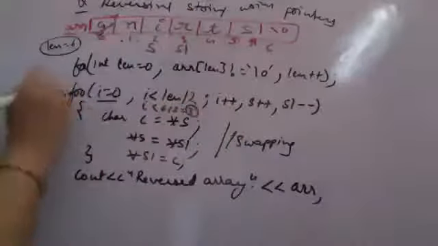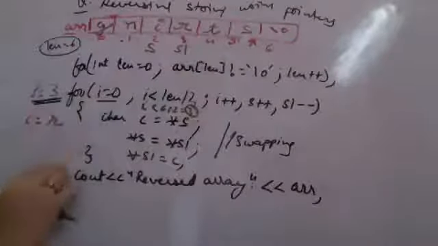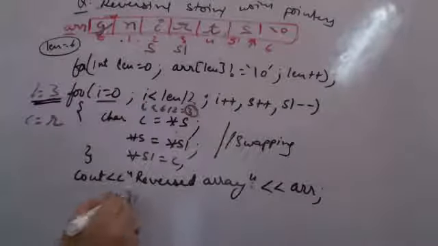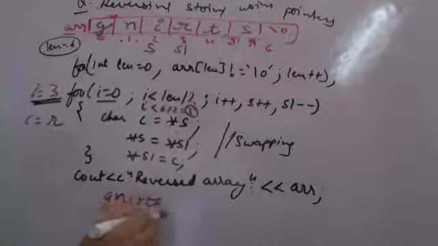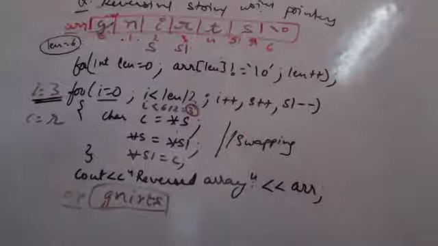I again go to the next iteration. I becomes 3. 3 less than 3, is the condition true? No. The condition becomes false. I will come out of the loop. After coming out of the loop, when I will now be printing the array, what will I be getting in the output? I will be getting the reverse of my given array in the output. Is it clear? How did I reverse this? Using pointers. How do I reverse a given string using pointers? Is it now clear to all of you?